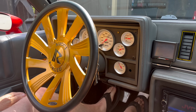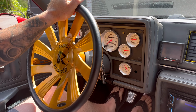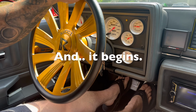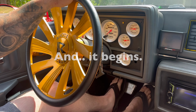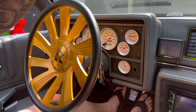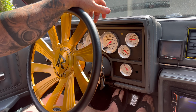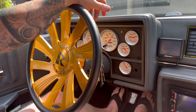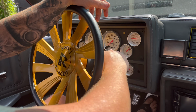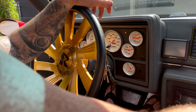I can already tell the difference. I don't know if you can on video, but I can. Still doing it. Come on. I just went up the driveway. Yeah. No, it's still doing it. Well, there goes our theory. Now we got to find out what it is. Try to do a reset. Even though you just did one. Now what in the...